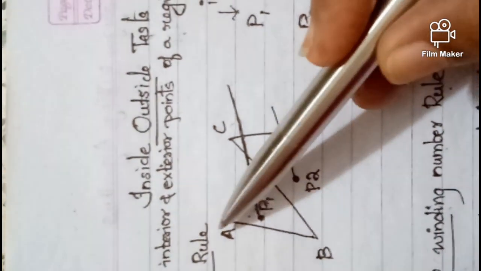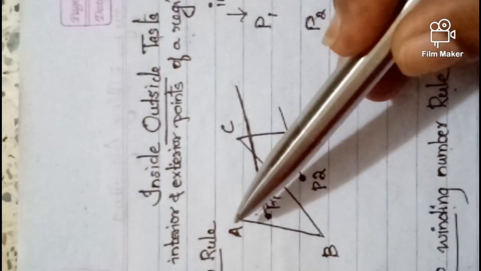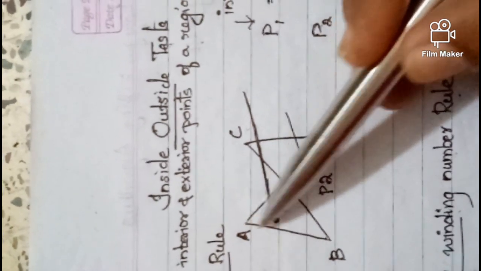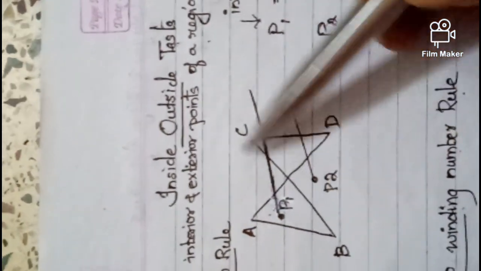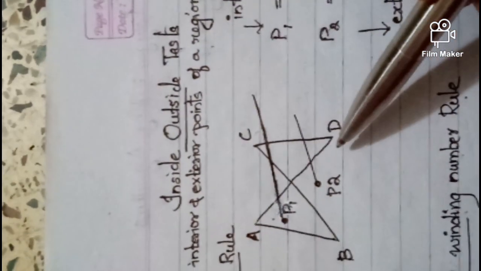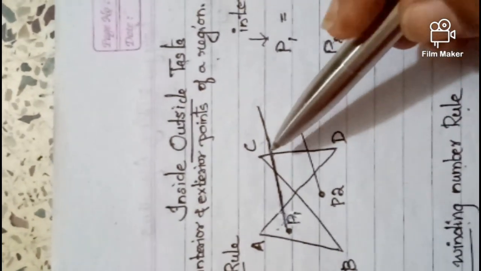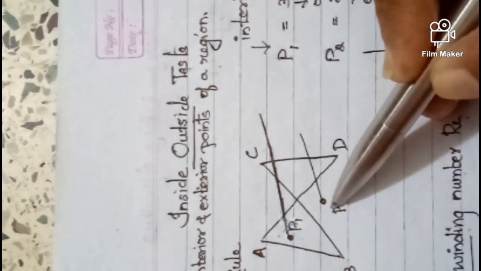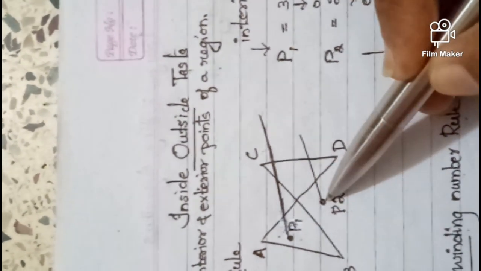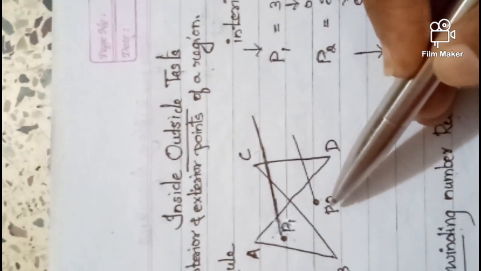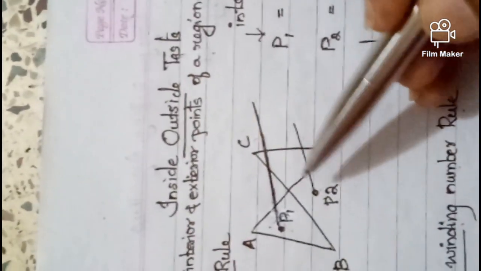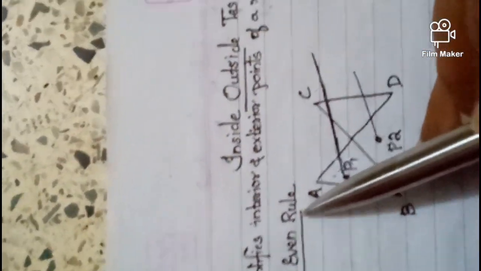Consider this figure. It is a bit complex figure, ranging from A, B, C and D. Four corner points are there in this region. I am going to identify, among these two points P1 and P2, which is an interior point and which is an exterior point. To identify the interior and exterior point, the odd-even rule says